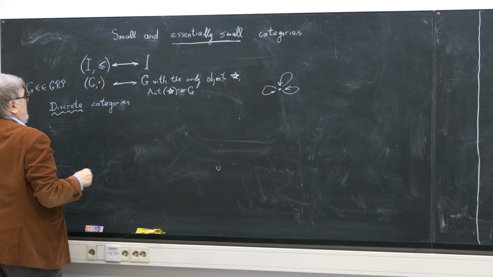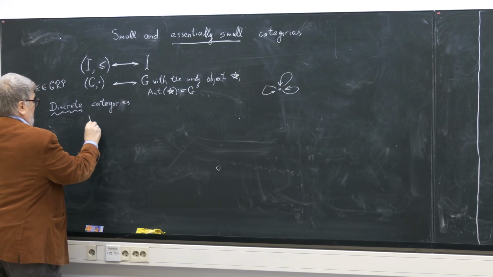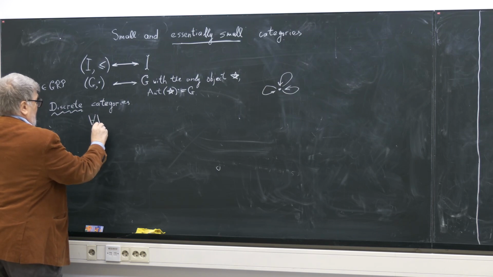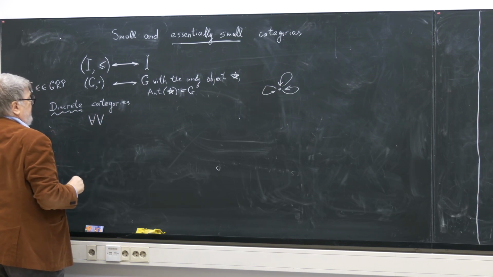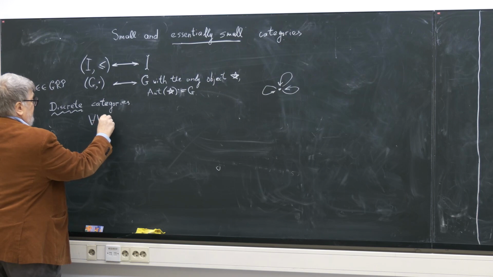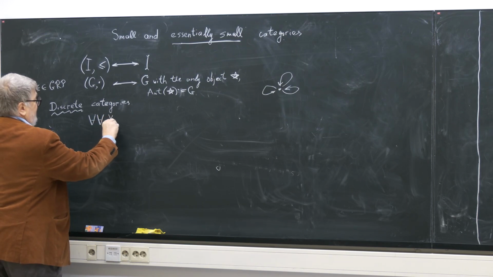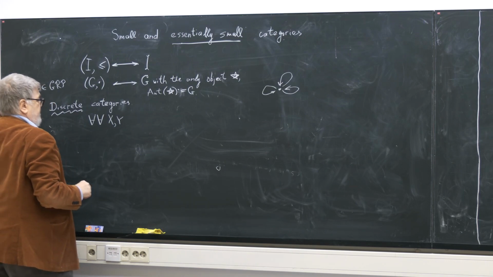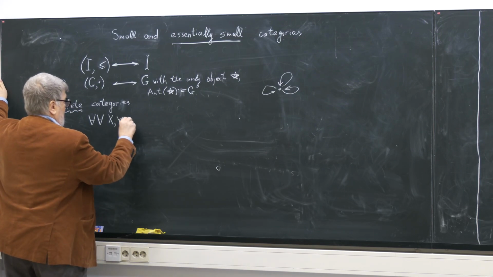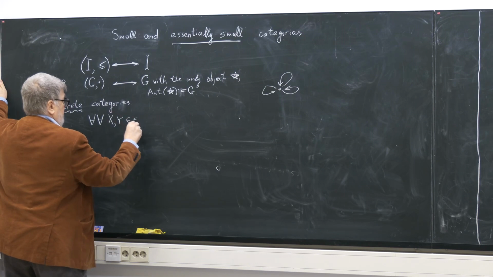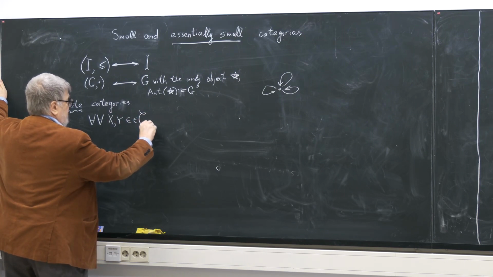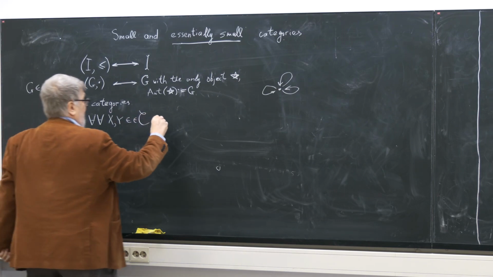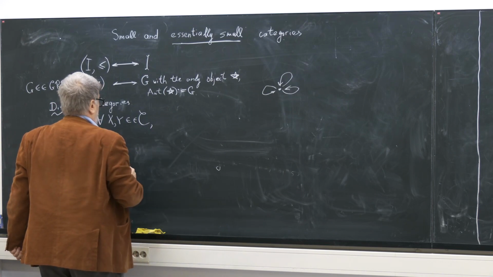So let's study another kind of duplication with quantifiers. So suppose that for any two objects, the category C is discrete, if for any two objects